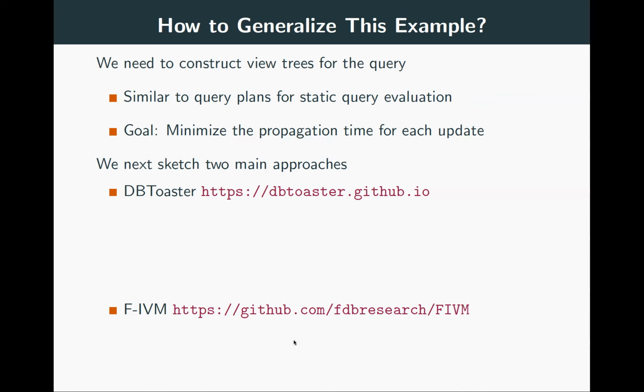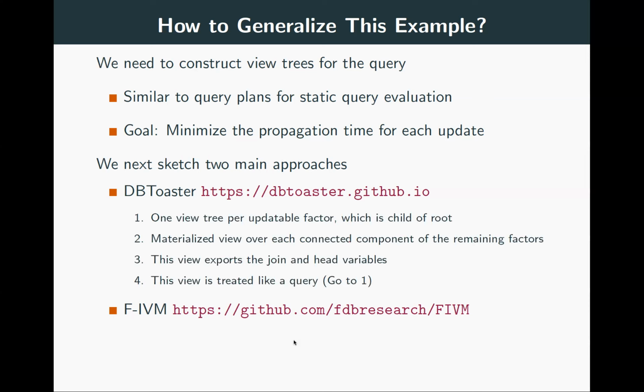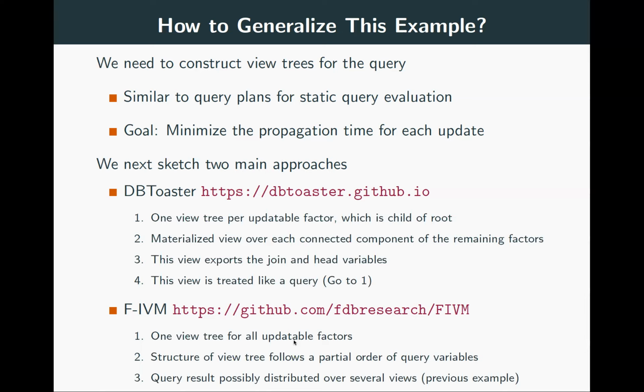And there are two main approaches that I am particularly familiar with. One is the DB Toaster approach of Christoph Koch from EPFL. And one is FIVM, which is factorized IVM from us, which builds on the back end of DB Toaster. It just does better view trees, essentially. Now, in the interest of time, I won't be able to show you examples with DB Toaster, but I will be able to show you examples with FIVM, where the idea is